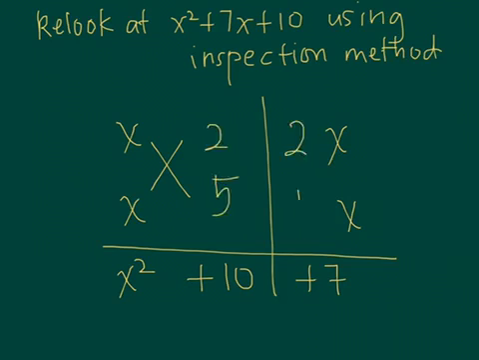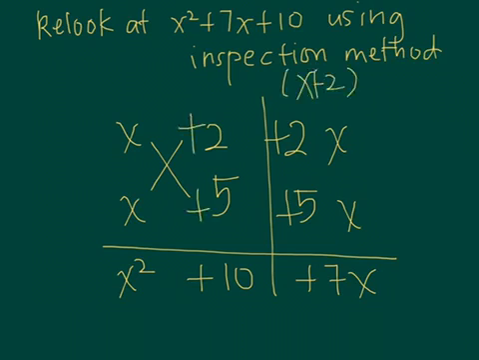Then I check 2, 5. Can I now get 7x? Can. Now you determine the correct numbers. You determine the sign, and then you can give me your answer, which is x plus 2, x plus 5. Okay, this is